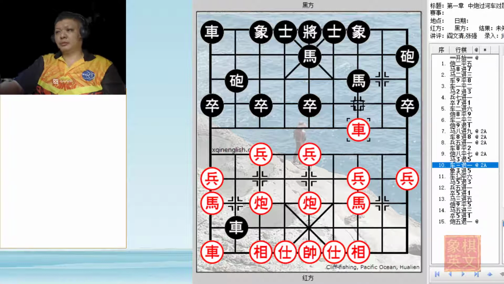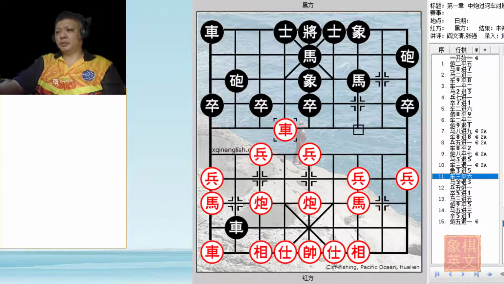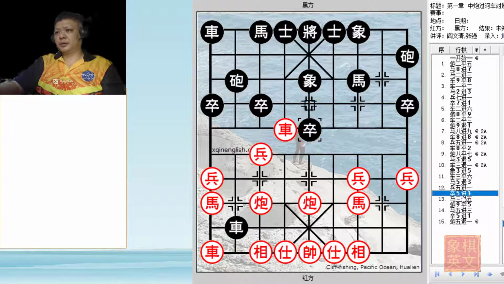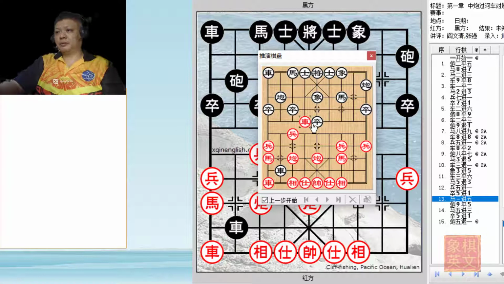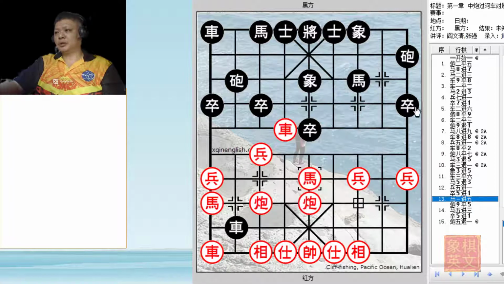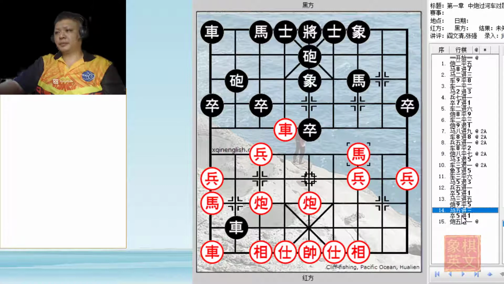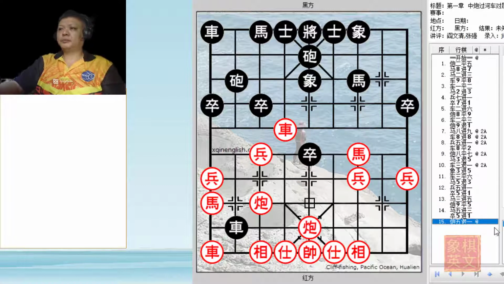So R3 minus 1, H3 minus 1 to dislodge the chariot. Red commands an important line. Now, at this point, red cannot capture, otherwise black will counter in this manner, and red's attack along the central file will be diffused. So C9 equals to 5. And red would have the initiative as he is prepared to play